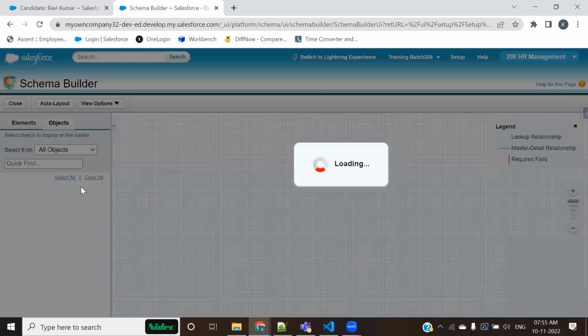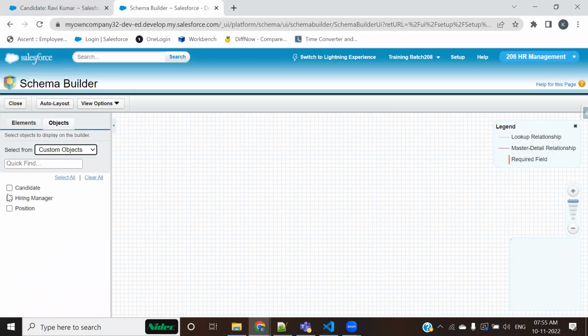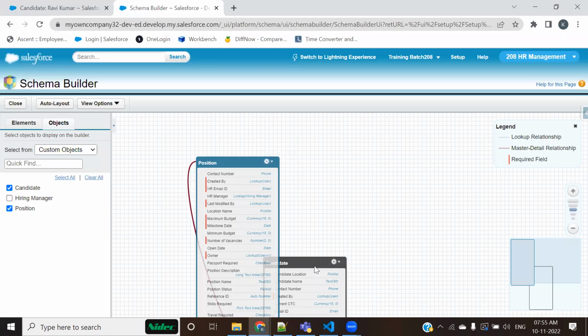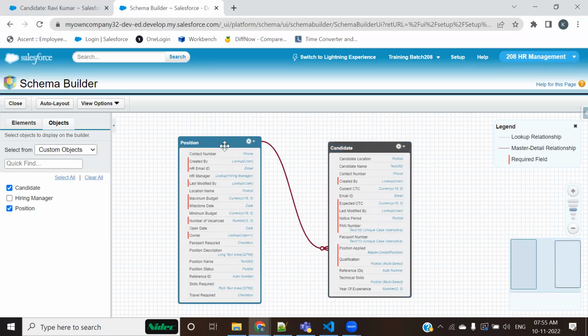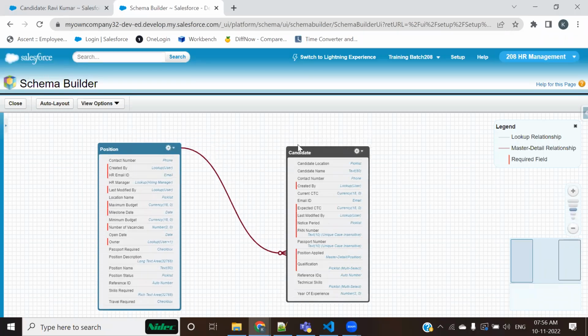So when you go to the schema builder and bring all those objects, like candidate and position, if you bring both of them over here, what you see is that between your candidate and position there's a one-to-many relationship.